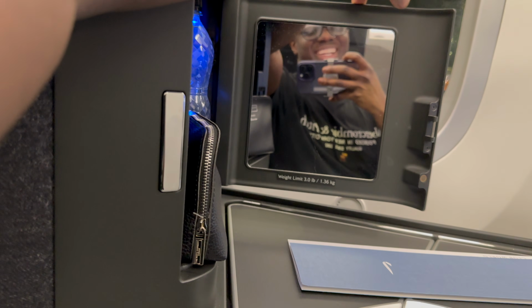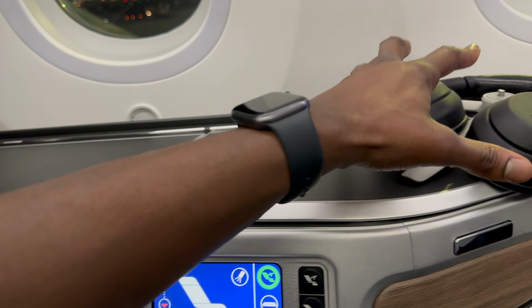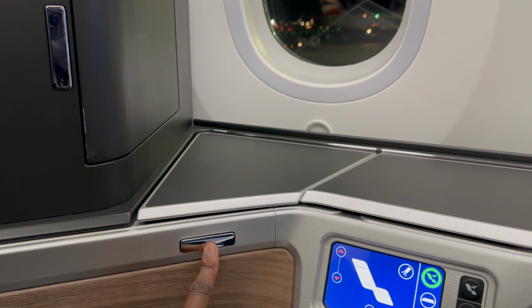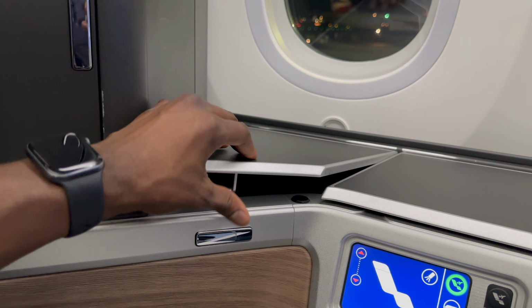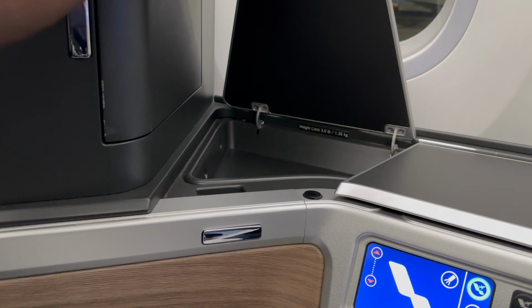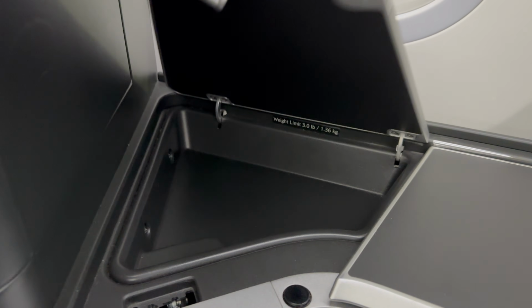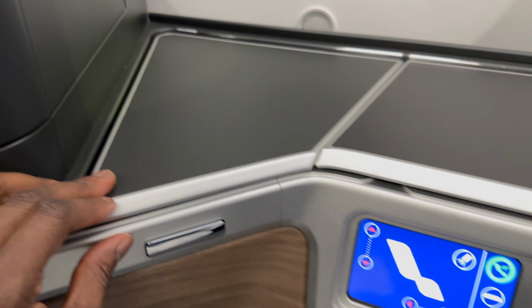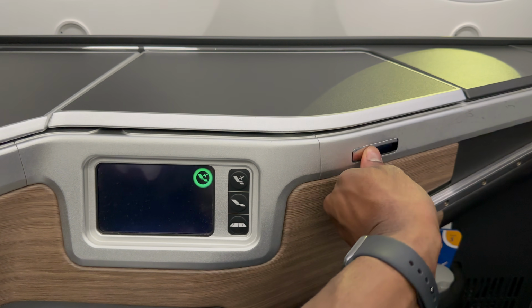And then you've got 2 storage compartments. I've clearly not made good use of that, but the first storage compartment isn't that big, and I found it was really stiff to open and close. But you know, you could probably throw in some stuff in there. It's not the biggest. The second storage compartment is a lot deeper and is also home to the remote control,